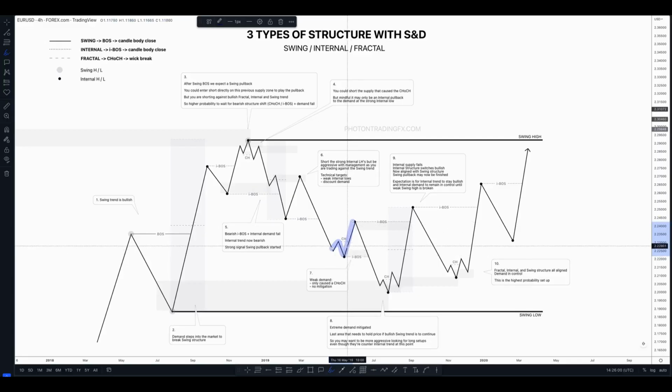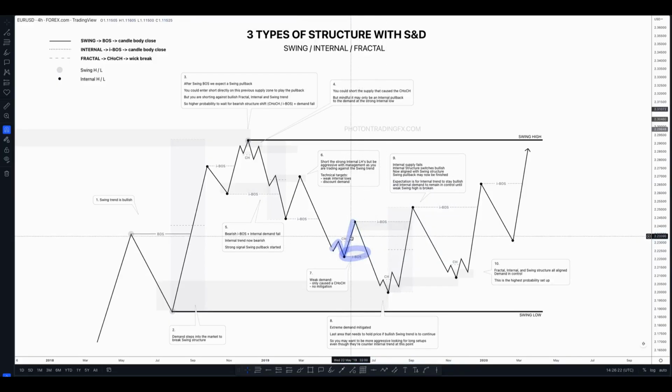We've had a bullish change of character, so there's a little bit of bullish structure shifting there, and we now do have demand that caused that bullish CHoCH, okay? This is where a lot of people can get caught out, because when price is pulling back here, if we try and get long, there's some logic behind that, because the swing high or low could be forming, we've had a bullish change of character, we now have demand that caused the CHoCH, we could get long, but